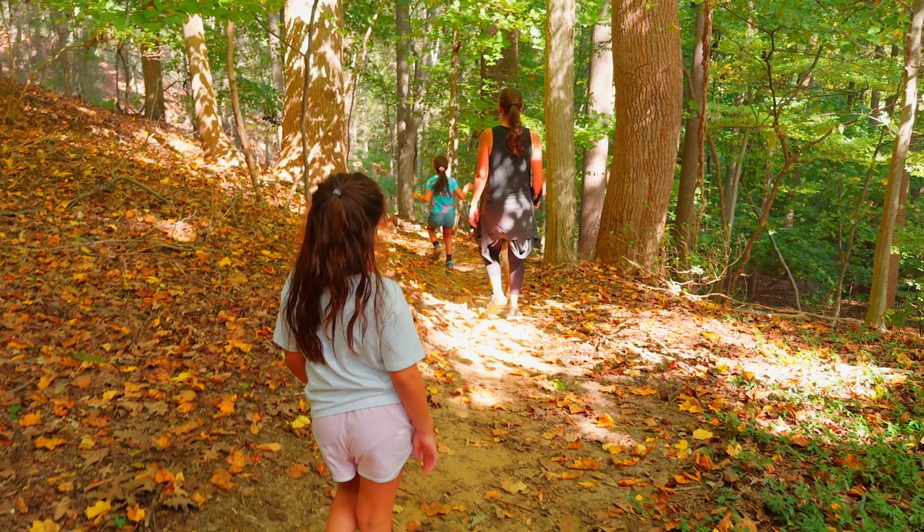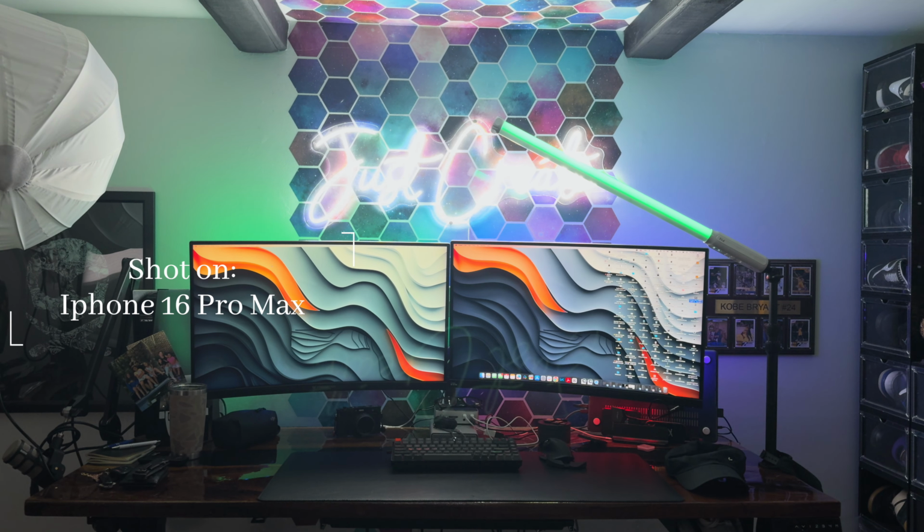Although I haven't shot in 4K 120 as of yet, simply because I've heard horror stories about the actual memory it eats up. So I've only been using it for 4K 60 and 4K 24. But even at 4K 24, it's been super clean. You could tell the dynamic range of this camera is significantly better. You could very well tell when I convert from Apple Log to Rec709 that it comes out clean and